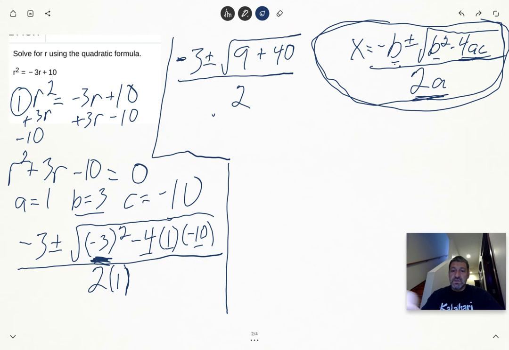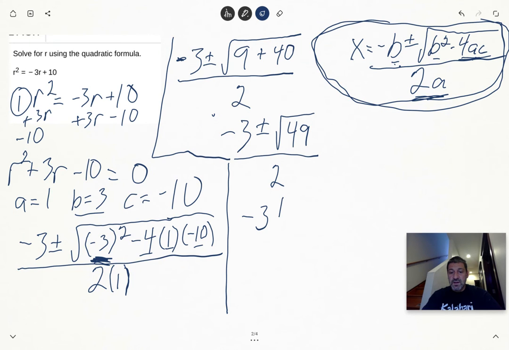Okay, and it simplified nicely because inside the square root, 40 plus 9 gives us 49. Okay, and we know the square root of 49 is 7. So let me keep going here. So I've got negative 3 plus or minus 7 now over 2, because the square root of 49 is 7. So my final answers will be to